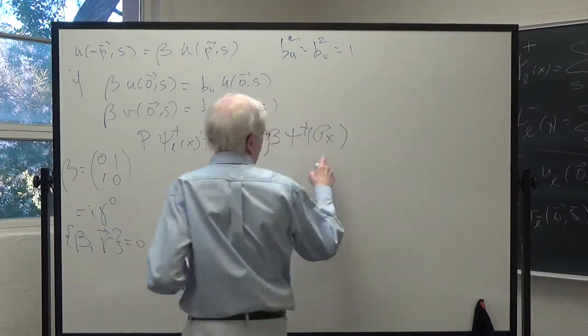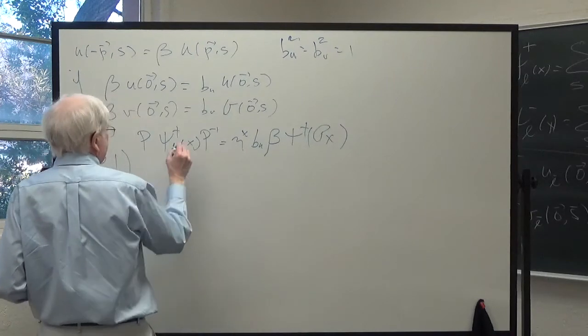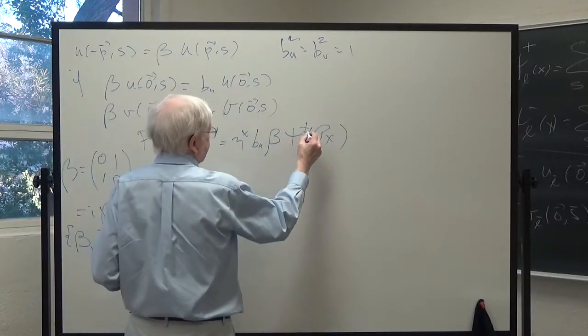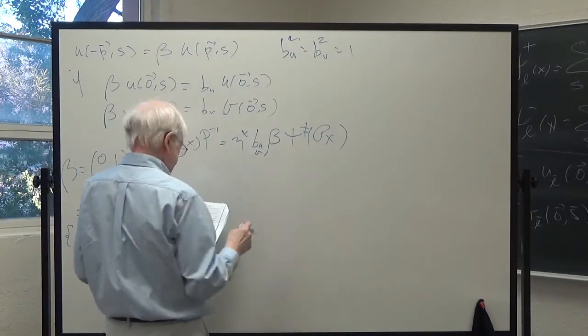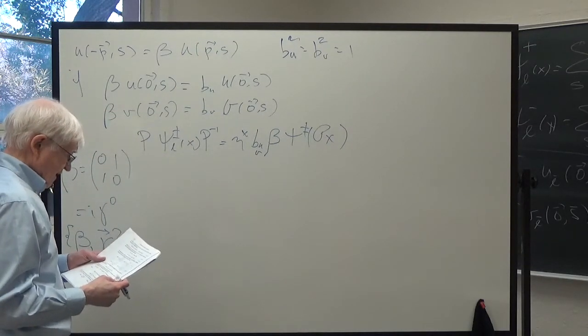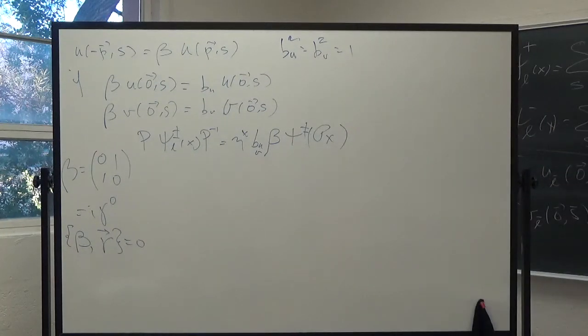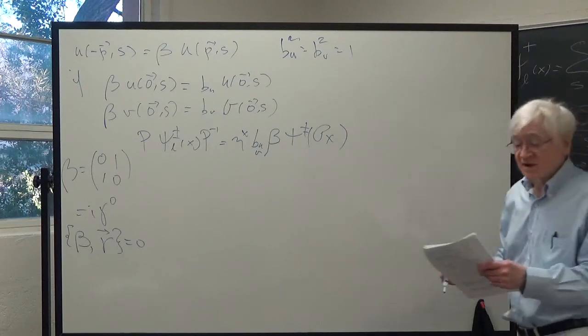That's parity on the 4-vector, it just flips the spatial part. Let me just put a minus sign here, U or V. Now you can adjust the overall scales of the fields, and what you wind up with is this: